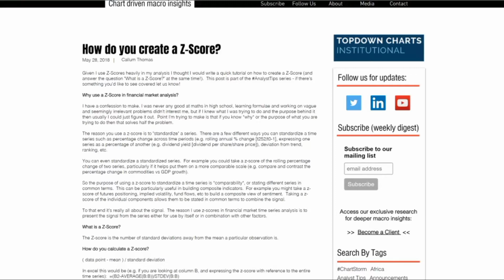So to standardize something, and that could actually be standardizing something that's already standardized. And the key point really is that, well, first of all, you want to compare either two different things, or multiple different things, or one thing against its own history. Now, on standardizing, there's multiple different ways to standardize things. So you could take percentage change, you could express one series as a percentage of another's, or deviation from trend